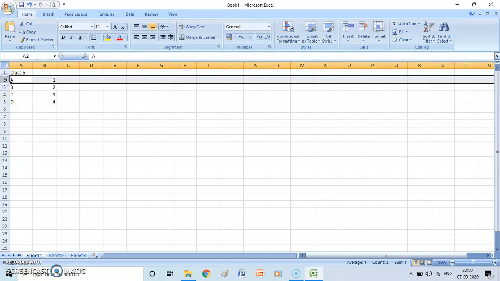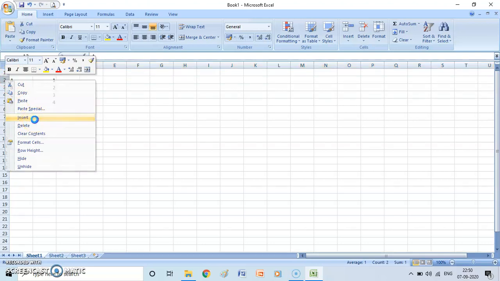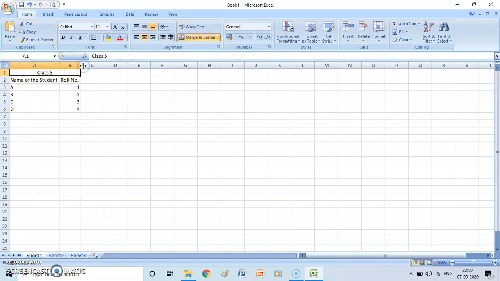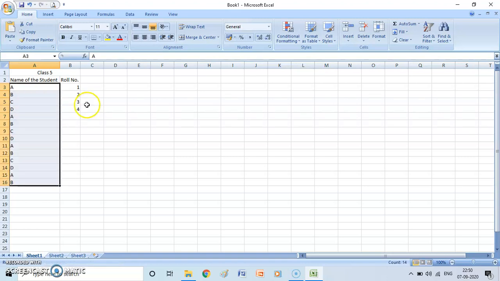This is the name of the student and this is their roll number. I have made a spreadsheet of all the students in my class and written their roll numbers. Like this I can carry this forward. If I want to add more students to my class, I can write like this and add to their roll numbers.